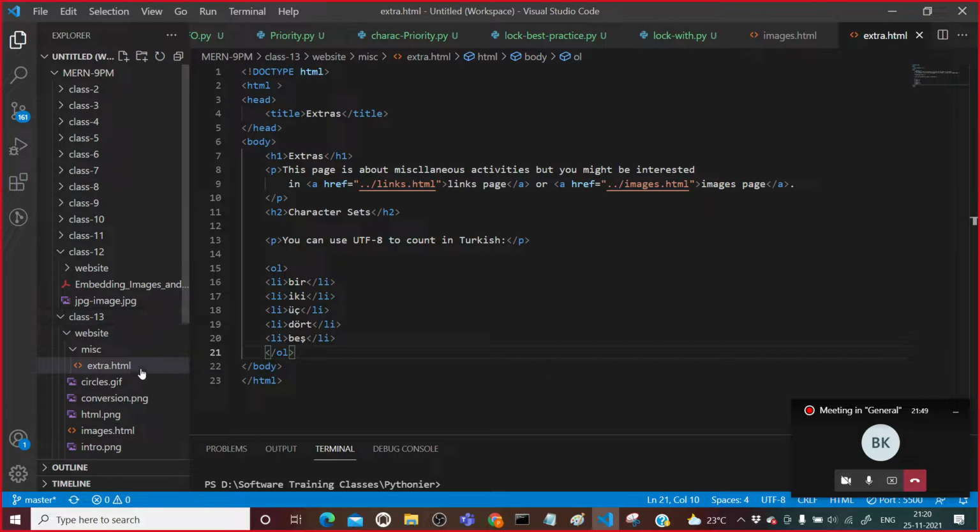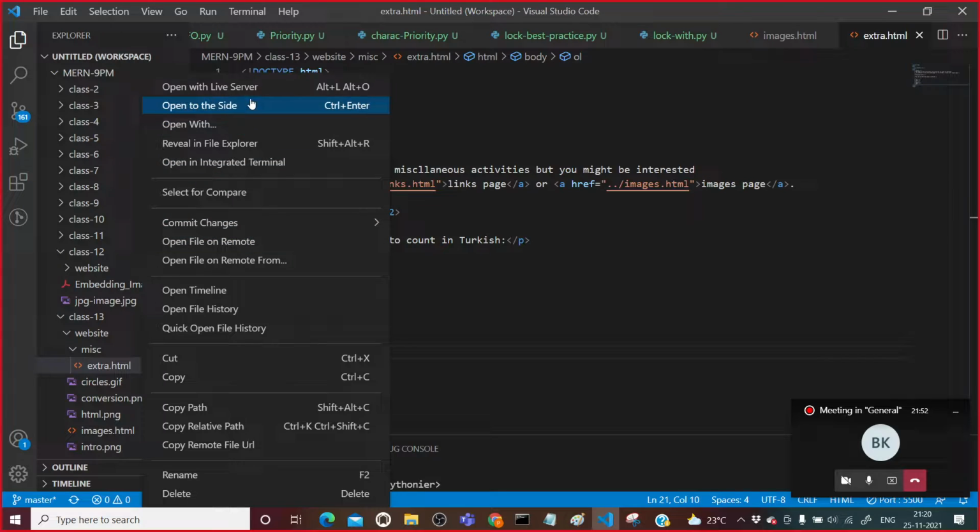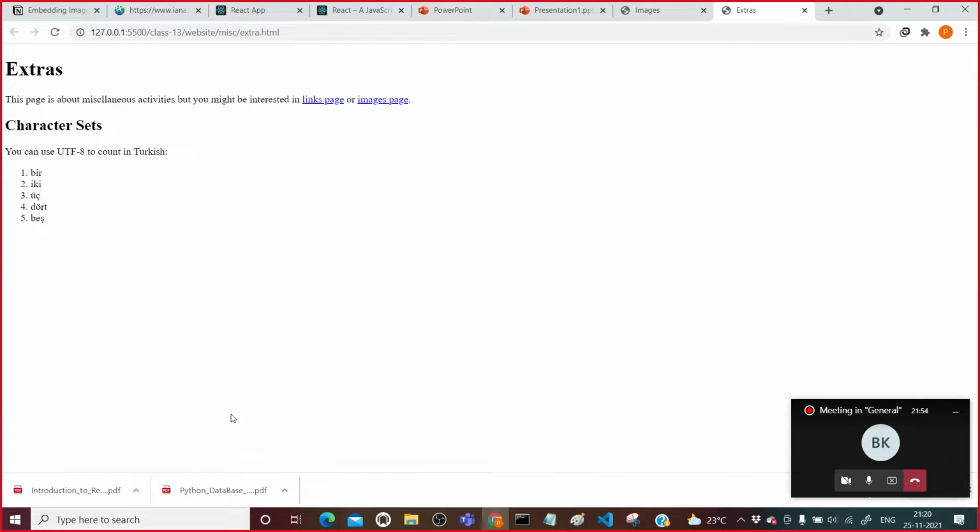Now, how is it going to look? See, if I open this particular server, see how it is looking here, how it is fetching these characters. We are not sure how exactly it is fetching, but whenever we see it in the browser, we see some weird stuff.